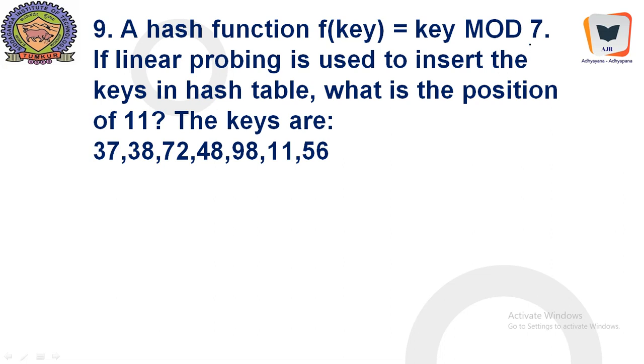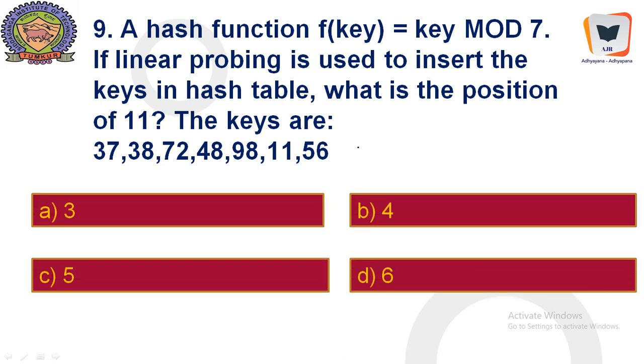Okay, so we are going to generate 6 numbers. The 6th cell is actually the 7th cell, because cell numbering starts from 0. You know all those things. Okay, what is the position of 11? If you start dividing 37, if you are going to put 37 over here, 37 will have to be